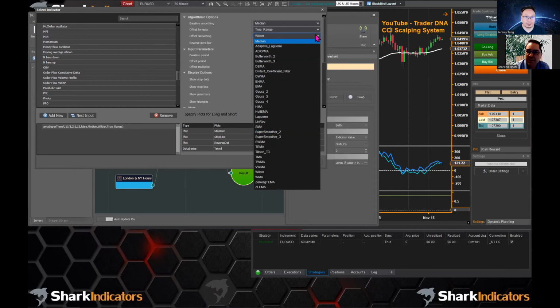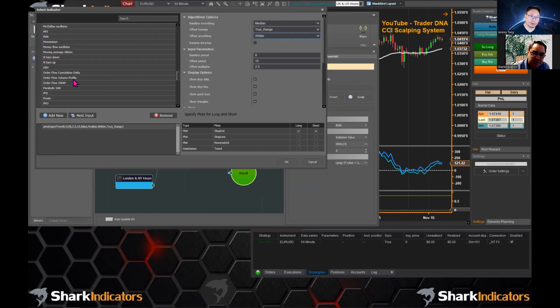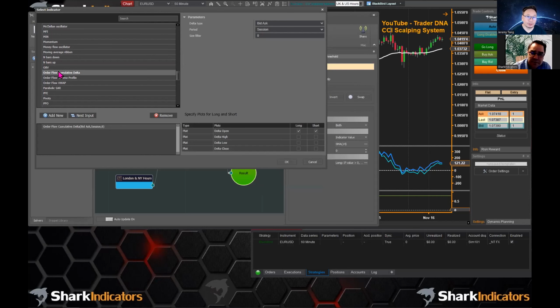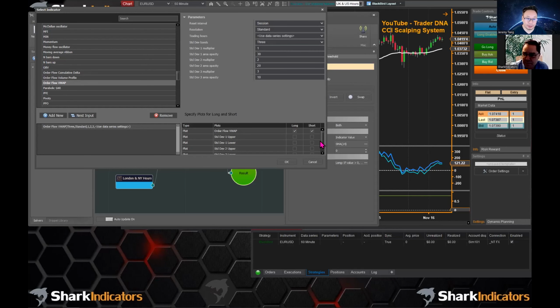In other words, if you install another indicator on your system, you'd not be able to plug it into the ANA SuperTrend. And that's where we've taken a step further: you can plug literally any indicator into Bloodhound or Blackbird, and you'll see it. So it's all dynamic. I'm trying to find some other indicator that has a data series.